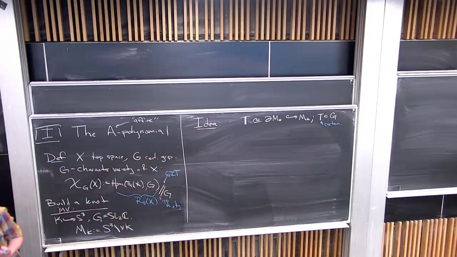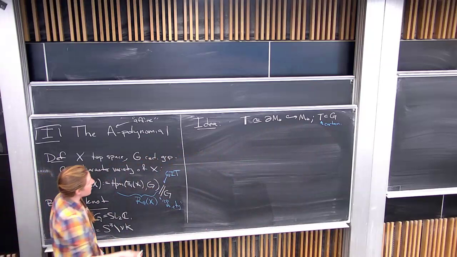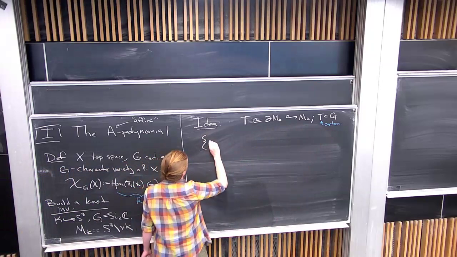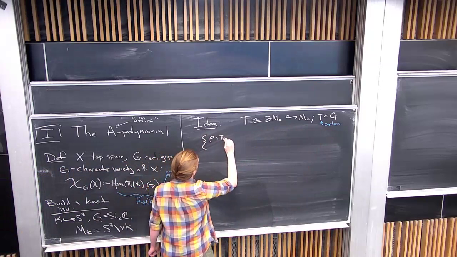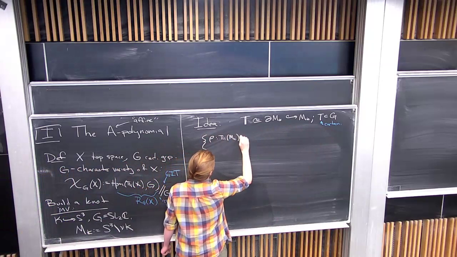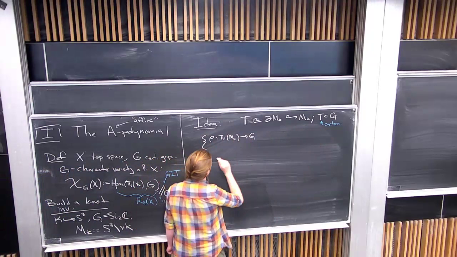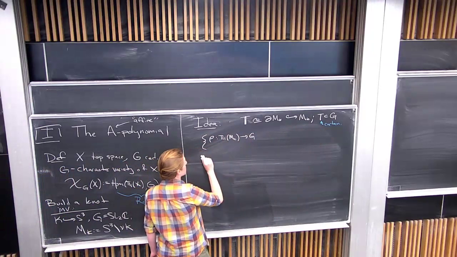I keep saying we, but this was done by people in the 90s. This is not my work. So what I'll do is start off with the space of representations from pi1 of this knot complement into G. To simplify things a little bit for myself, I'm going to say,